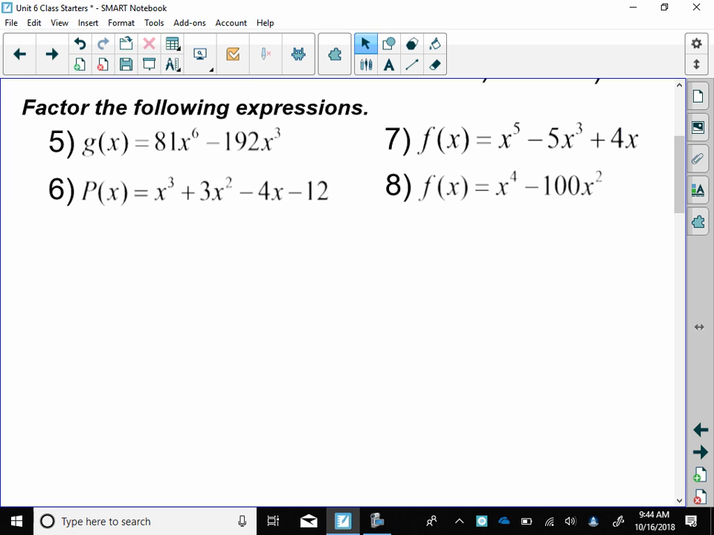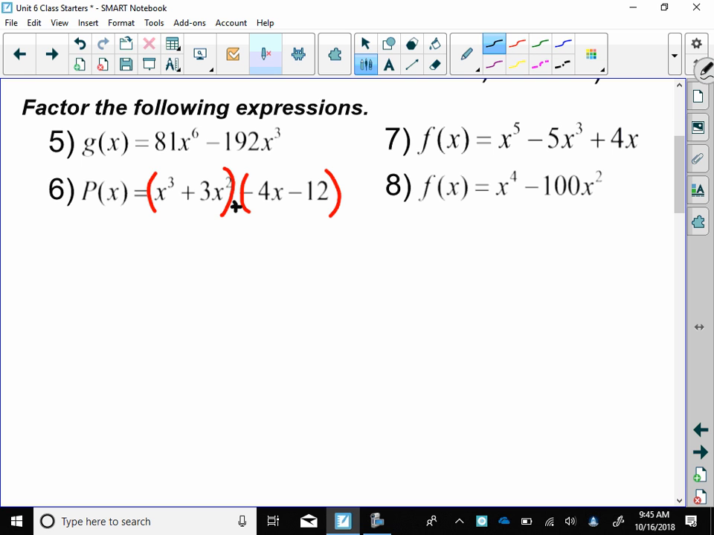All right. Next, number 6. Is there a GCF? No. Well, there's not a GCF for all 4 terms, but because there's 4 terms, what does that indicate? Grouping. So we'll group the first 2 together, and we'll group the second 2 together, and we'll put a plus sign in between those 2